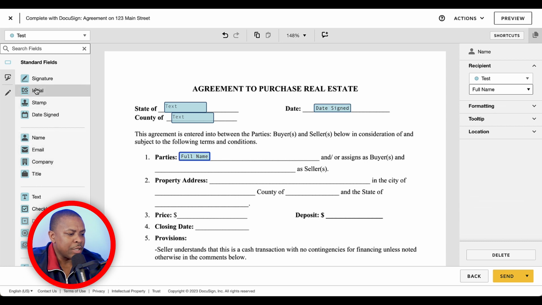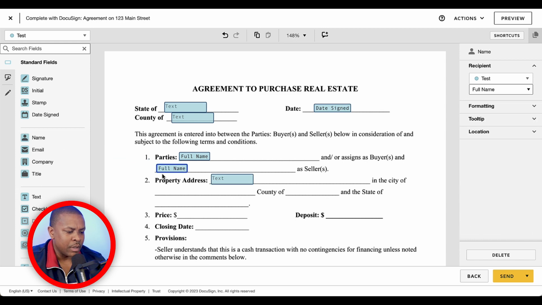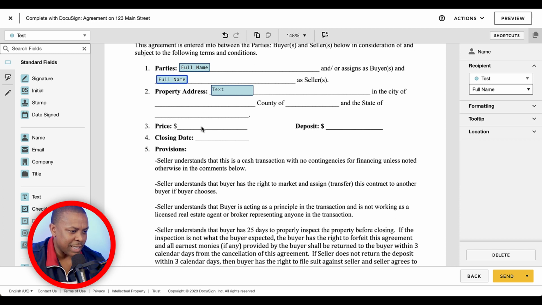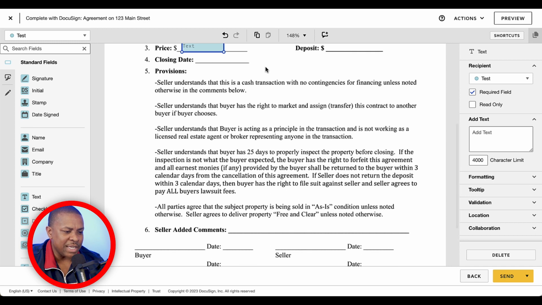And then the property address, you would have to put the text on as well. And the other name right here, and so on and so forth. I'm not going to fill out the entire thing right now, but you understand exactly how to do it. Let's say just for the purposes of this video, you wanted to add the price, the closing date, et cetera, right? You could also change these terms by using either Google Drive or a Word doc, and then upload this